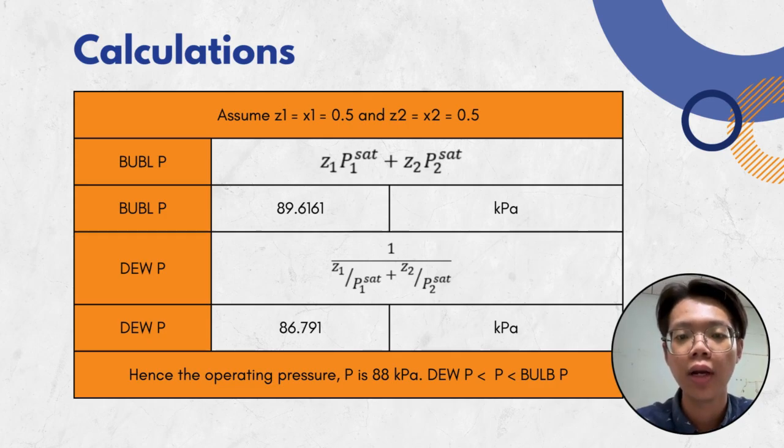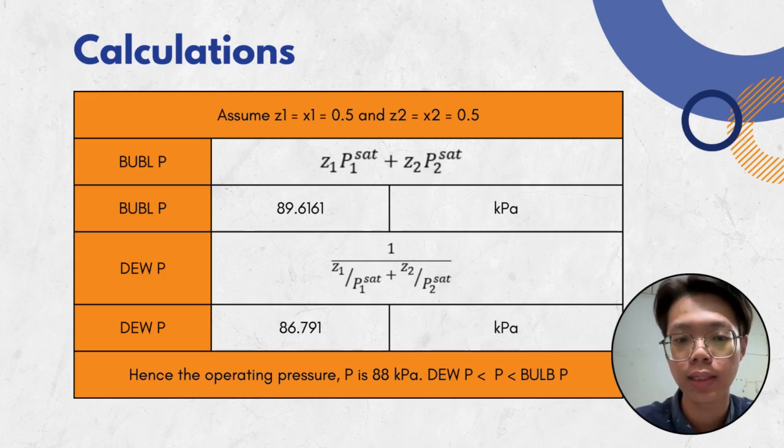Just now we have calculated the saturated pressure for both substances. Right now we will calculate the bubble point pressure and the dew point pressure of this system. First, we will assume Z1 and Z2 are equal to 0.5. So we will calculate the bubble point pressure with the given formula, and the value that we get is approximate